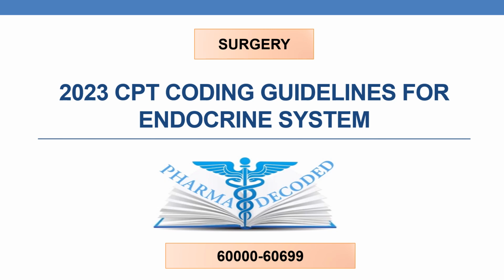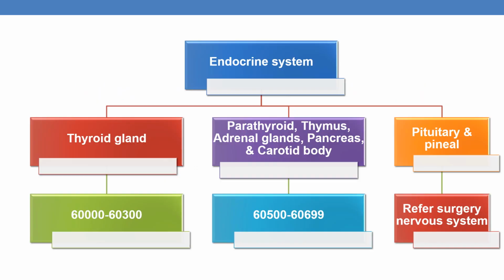Hello everyone, now let us discuss the 2023 CPT coding guidelines for the endocrine system. This comes under the surgery chapter and the code range is from the 60000 series to 60699. Under the endocrine system, which comes under surgery, we will be discussing the various procedures regarding the thyroid gland